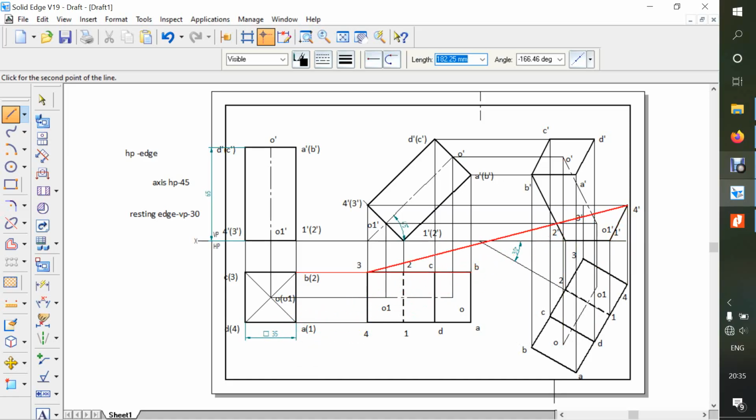Okay, then from 4 it can go to the D or a 3. So 3 means it's inside, so D will be the boundary. Whenever we look for a solid, there will be a boundary which is defined with the lines. So always those lines are visible to you. So that is what we have done now.